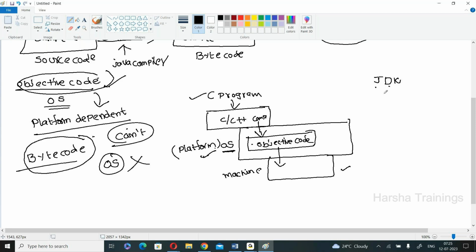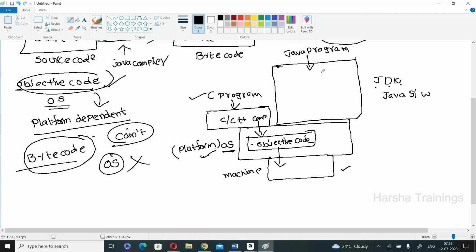So once the JDK software is installed in your system. JDK means simply a Java software. Assume this is the Java software. This software depends on the operating system. But internally, what happens? Whenever you give some Java program to that software,